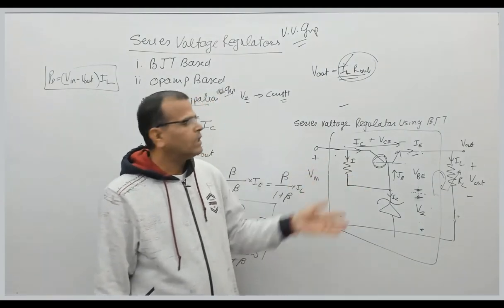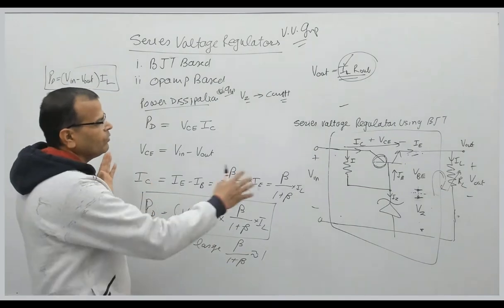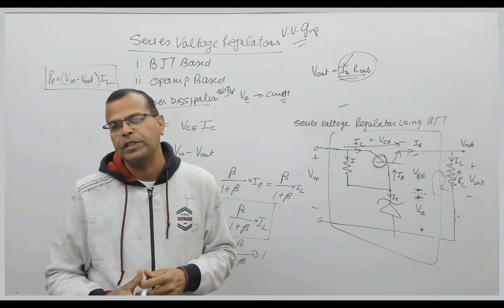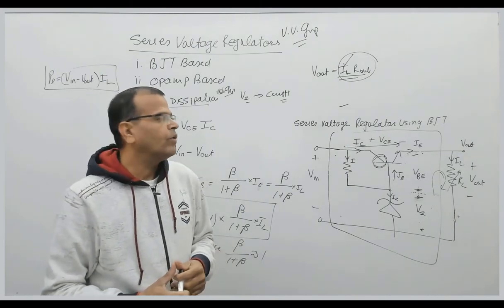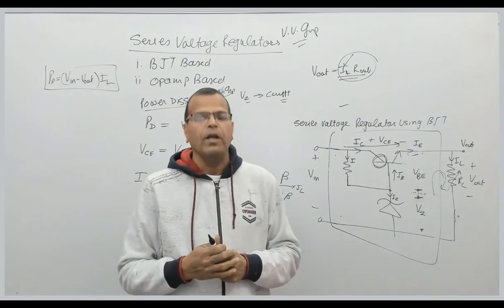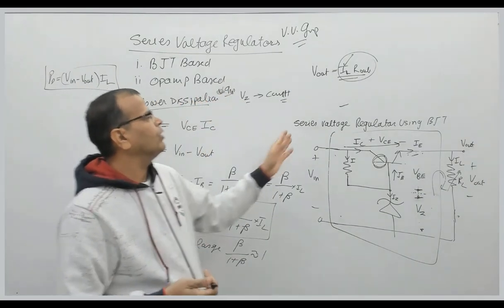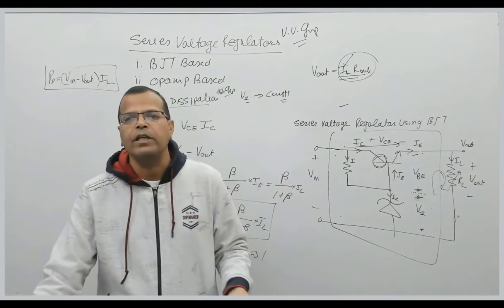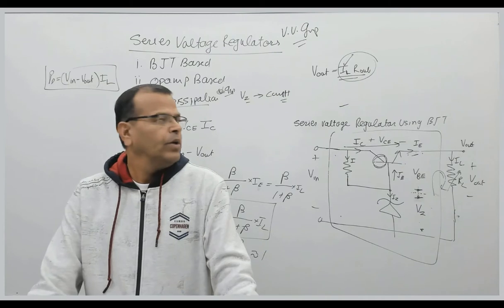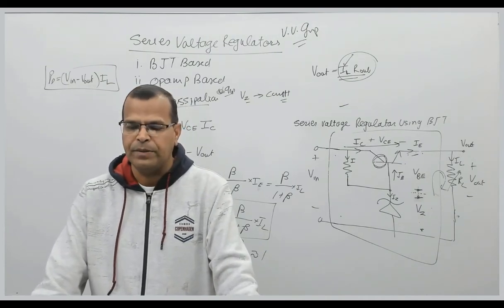So these are some of the points you should remember from examination point of view. You have a lot of questions based on these points in engineering services, especially theoretical ones, or you can go through the study material that is available on the portal. Now we will see the next type of voltage regulator using op-amp, but before that we will be taking examples based on series voltage regulator. So let us see the examples based on series voltage regulator using BJT.